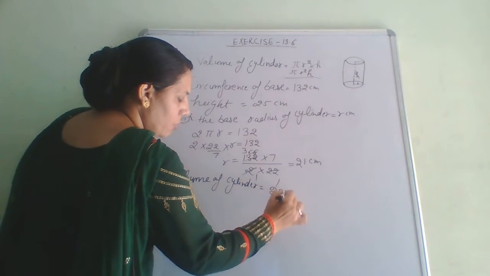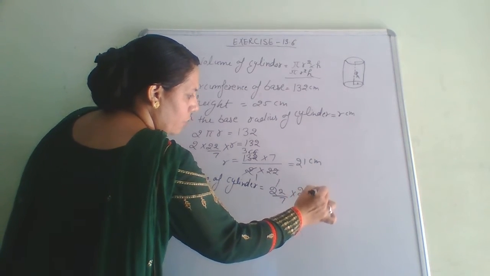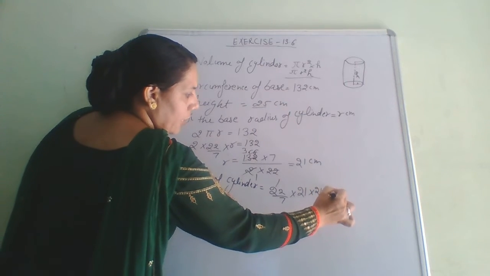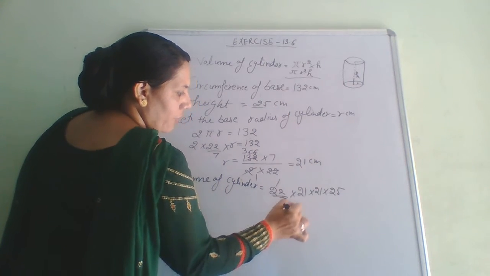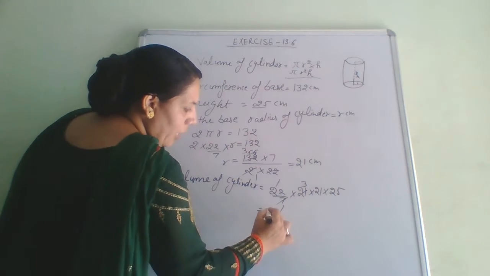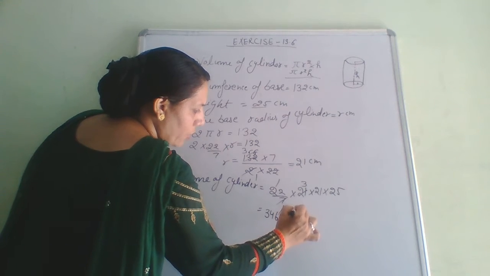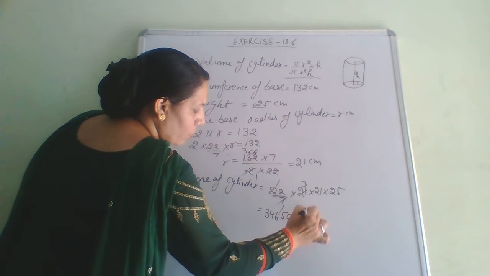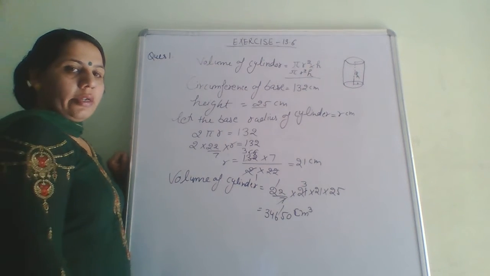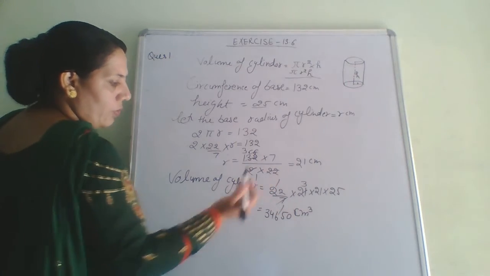So pi is 22 by 7. r square means 21 into 21, and what is h? That is 25. 7 1 ja, after that 3 ja. So when you multiply this, you will get 34650 centimeter cube. But here the quantity of water is asked in liters, so we will convert it into liter